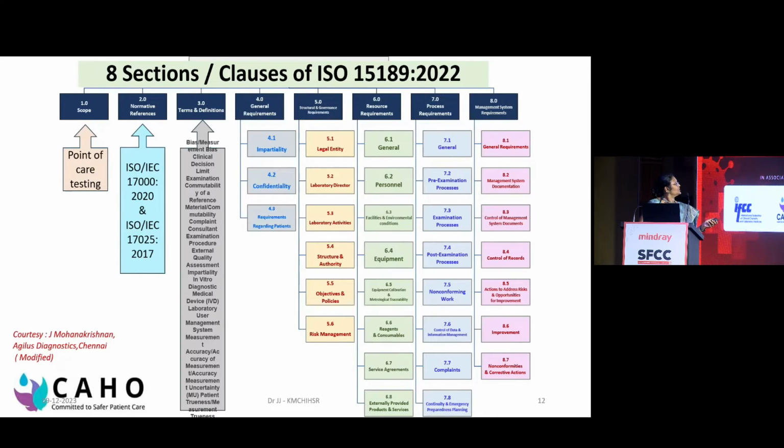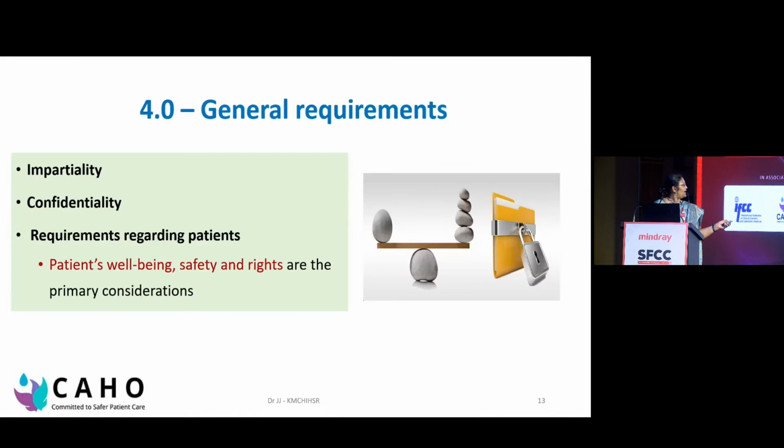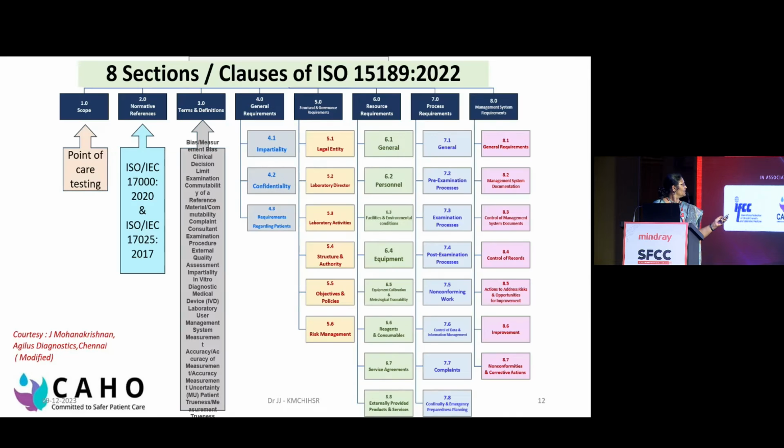But if you look at the terms and definitions, I'm so sorry about this. This I don't think anybody can read. I can't see it on my screen though. This one has 15 new terminologies added. Some of them are modified terms. Some of them are very new terms. For example, the bias, so the bias and the measurement bias were not there earlier. The clinical decision limits not earlier, okay?